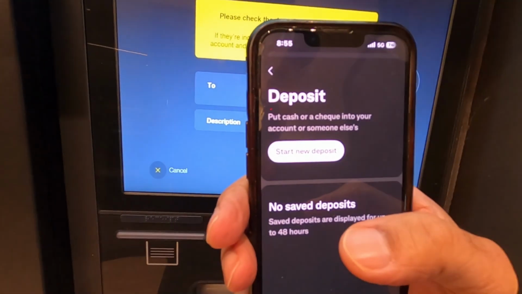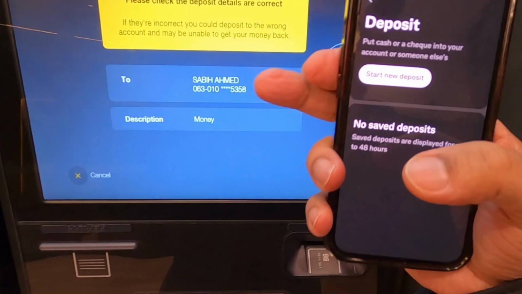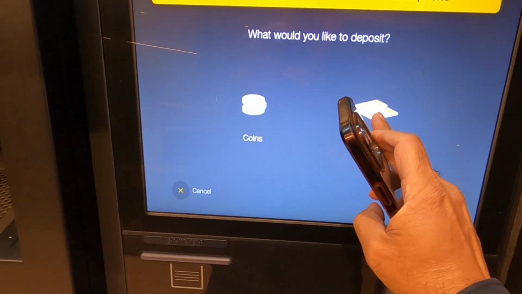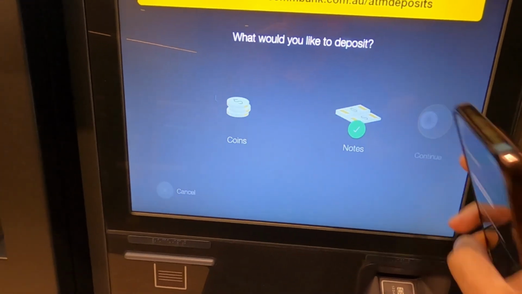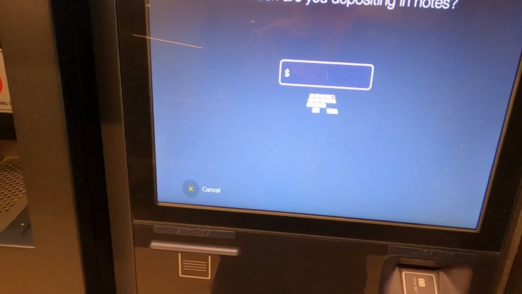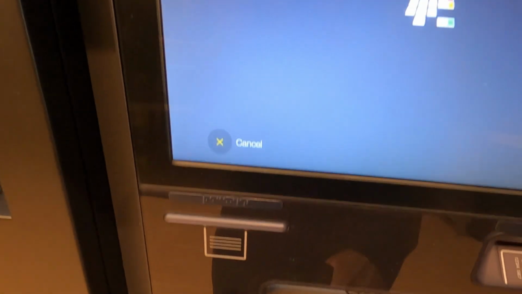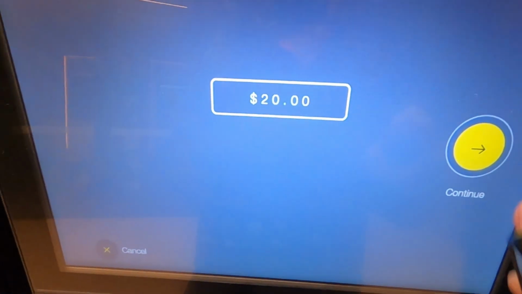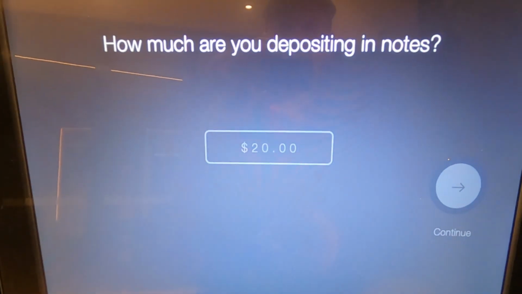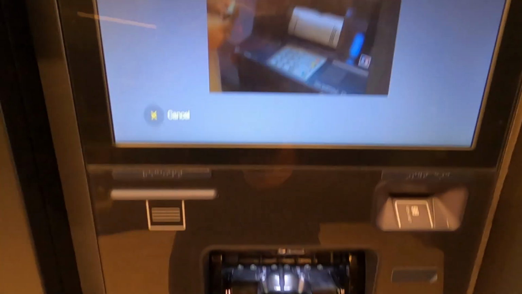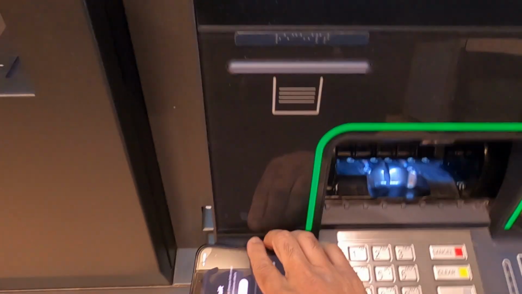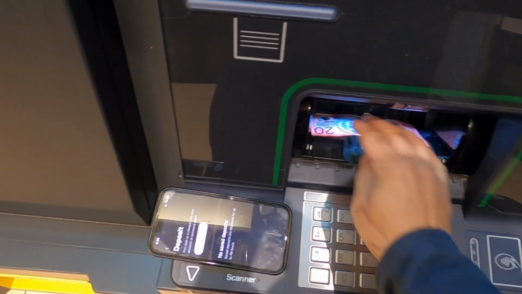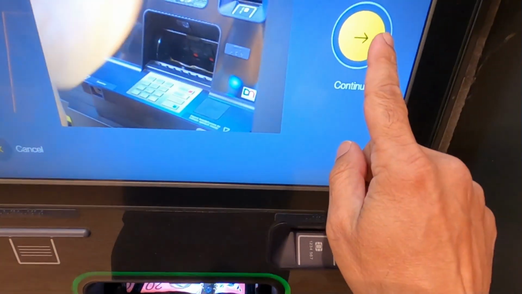and then this is my details, and then I'll click on continue, notes, continue, and then I'll type $20, and then I'll click on continue, and then I'll put my $20 in here, and then I'll click on continue again,